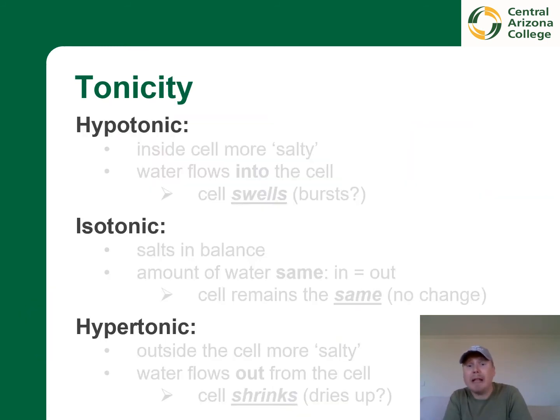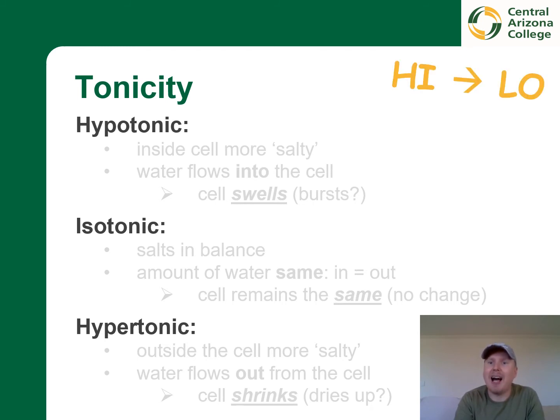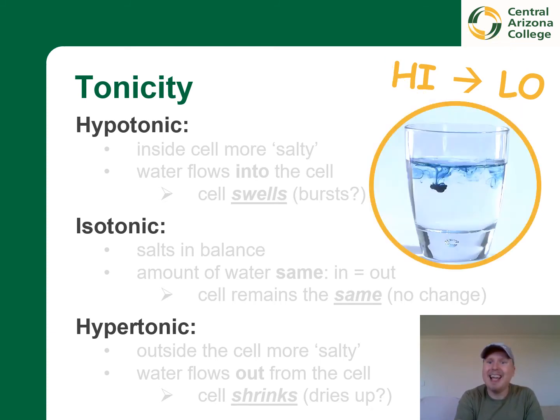We will talk about tonicity here, but before we dive deeper into the content, I want to remind you, although I'm pretty sure that you remember this, that in diffusion, we always had substances moving from areas of high concentration to areas of low concentration. And the goal was to even out the differences, right? And the example that we used earlier was this.